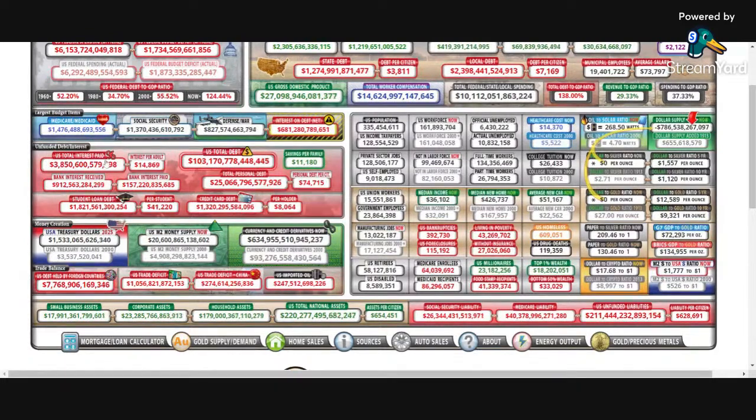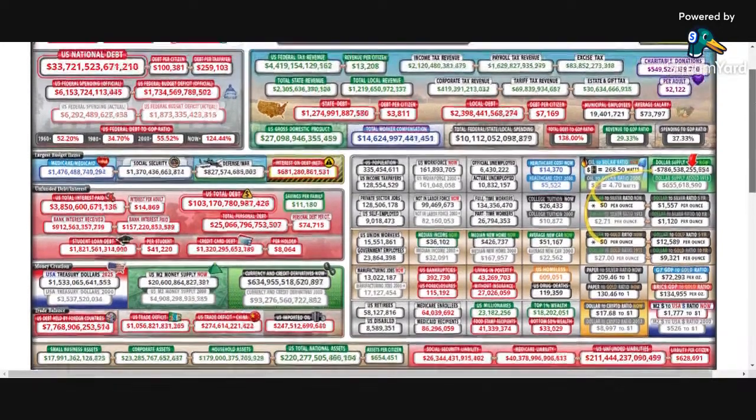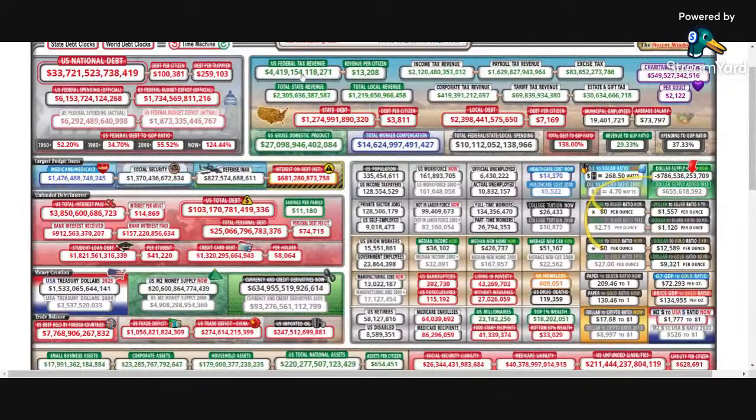So US total interest paid, as you see, is $3.850 trillion. Now check this out. The whole taxes collected were 4.4. Only interest paid is 3,850. So this is terrible, and what you get from taxes for interest is nothing, because this is a